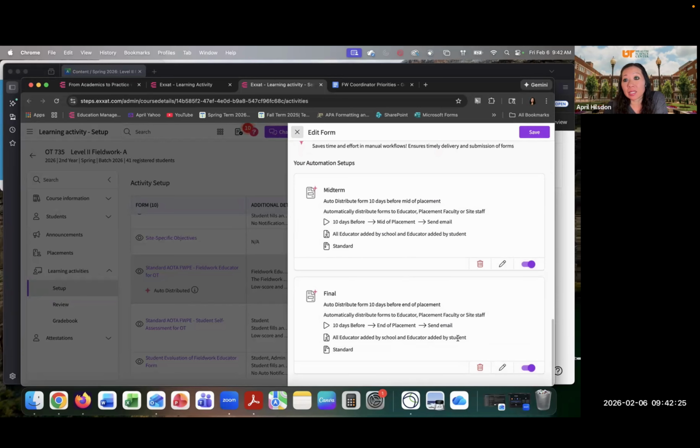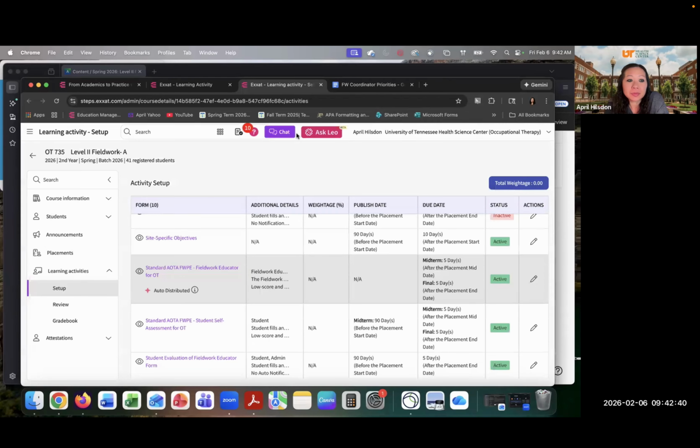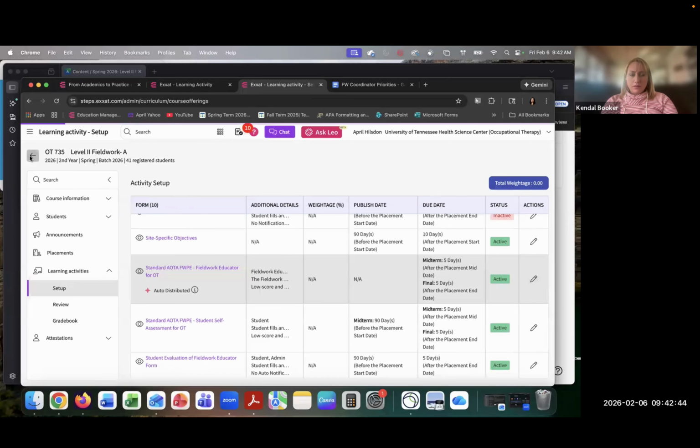So theoretically, this should all work, and it's worked before. So the only issue is sometimes hospitals, their firewalls or their security may not accept the notifications from Exact because it's like an unknown email. Okay. So when that happens,